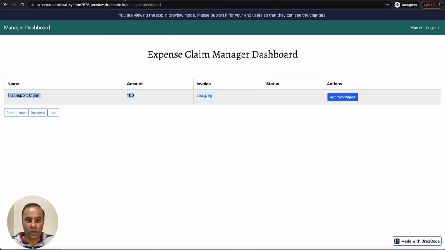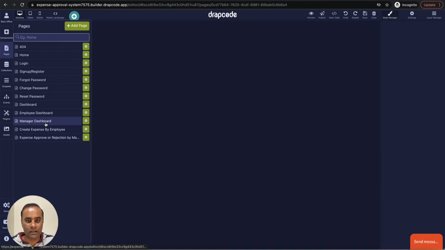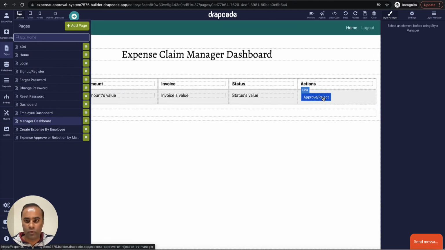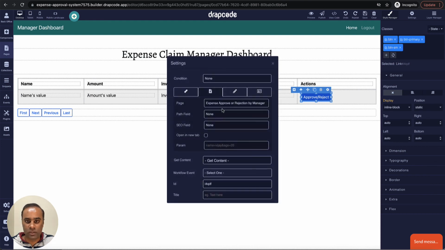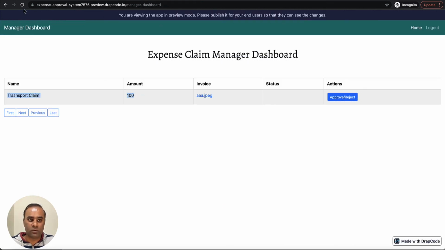So let's quickly do it. Let's go to the manager dashboard and link this button to the approval rejection page. I'll choose the page which is approval rejection and choose the ID. That's all. This is fine. Let's refresh it.